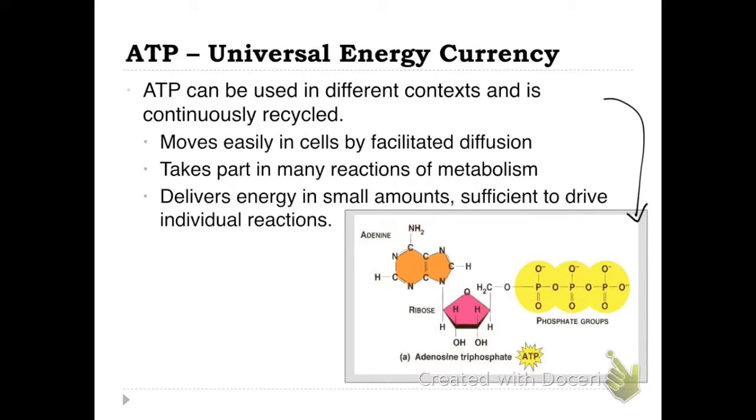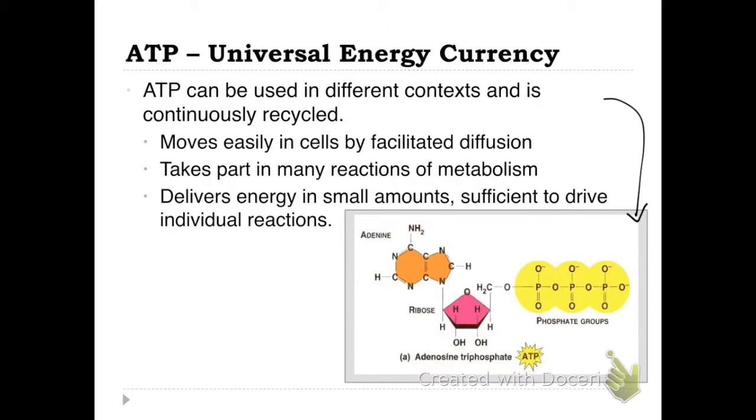Some other things that are great about it is it moves easily in cells by facilitated diffusion. Remember, facilitated diffusion is diffusion through the cell using a protein channel that traverses the membrane. It takes part in many reactions of metabolism. Anything that requires an initial or overall input of energy requires ATP. And it delivers energy in small amounts, which are sufficient to drive individual reactions. So the benefit of this is that there is very little waste when it comes to energy